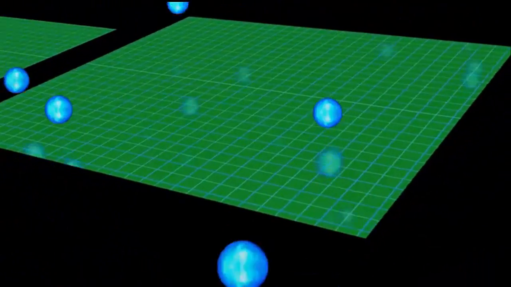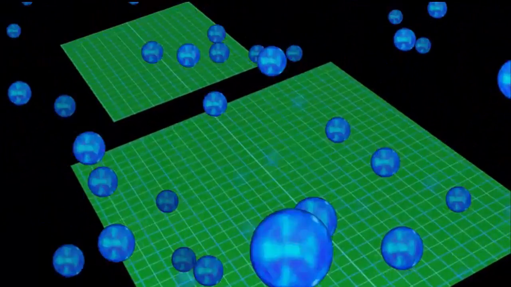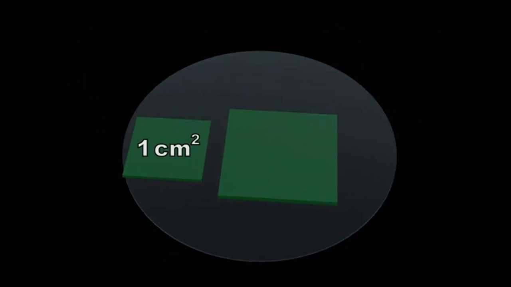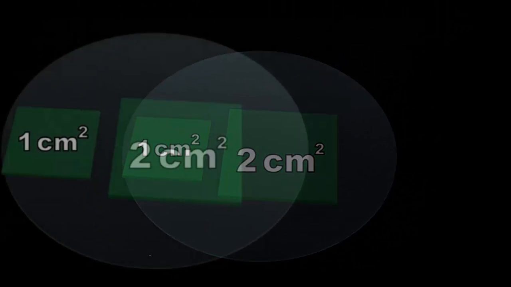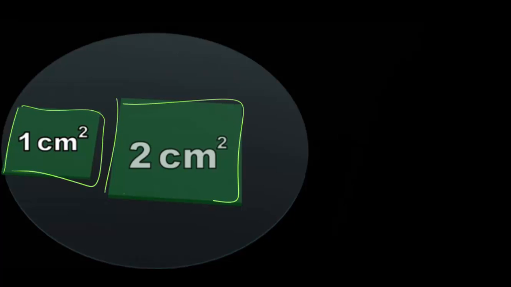The average force is twice as big on the big surface because twice as many particles are bouncing off of it. Now let's think about the pressure that the gas molecules are putting on both of these surfaces. Is the pressure bigger on the small surface or the big surface? The pressure on the smaller square and the bigger square are exactly the same. Actually, the pressure around the entire bottle is exactly the same, but it's easy to see for these two, because